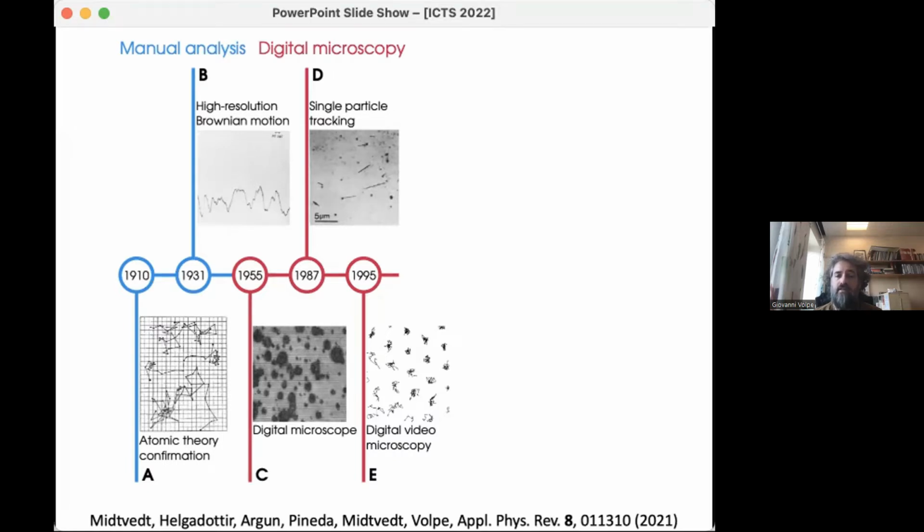But it's very interesting to know that actually the first people to propose the use of digital microscopy or a digital system to track particles came from a field that you would never imagine, which is essentially coal mining. So basically the problem they had was to be able to automatically track and identify coal particles. And that's where the first mention of a digital system to actually measure